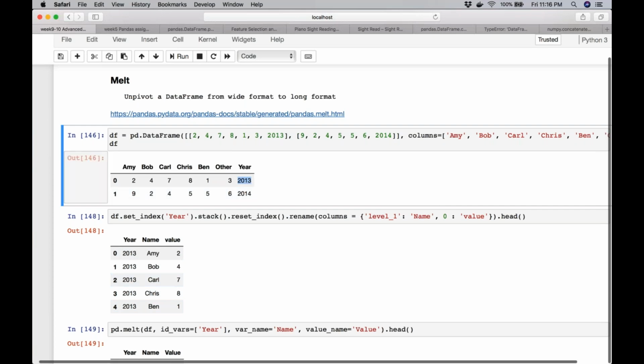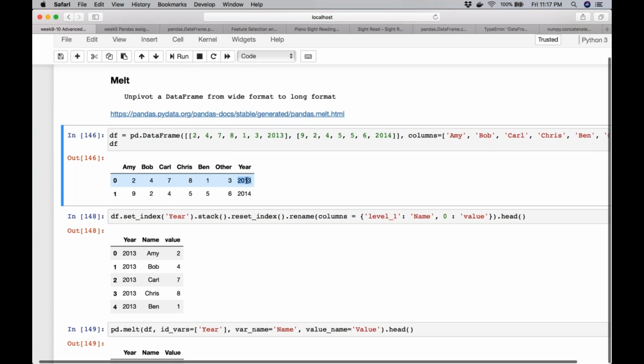So let's say this is my data. I have two observations. The first observation is 2013 and the second observation is 2014, and it has these six features: Amy, Bob, Carl, Chris, whatever. These are my unique features which I'm going to feed into the algorithm. So that is how you have to look at the data really.